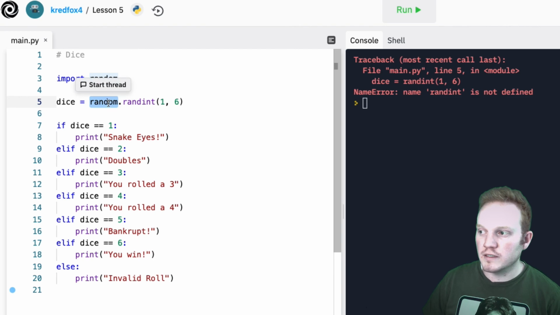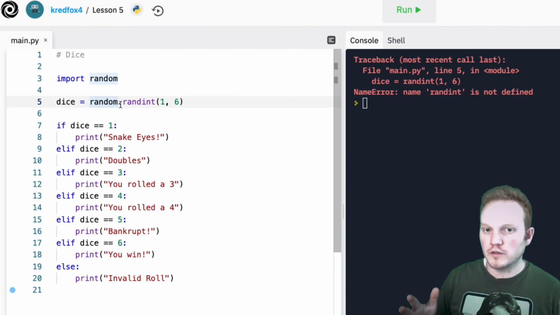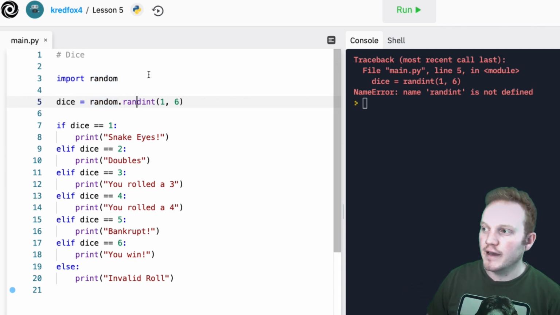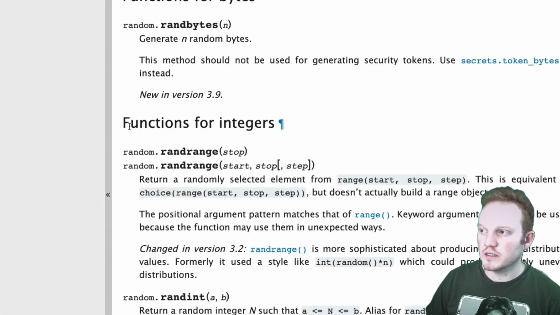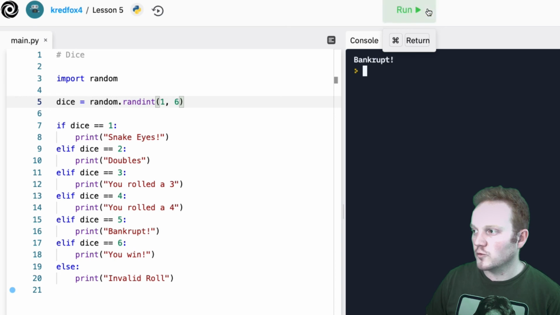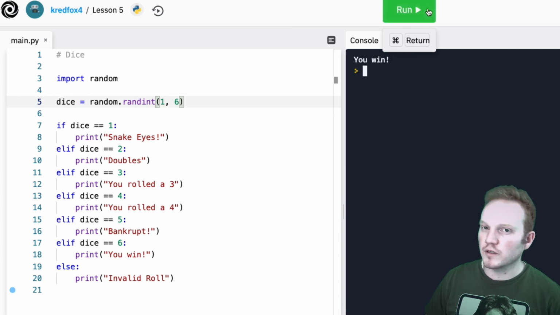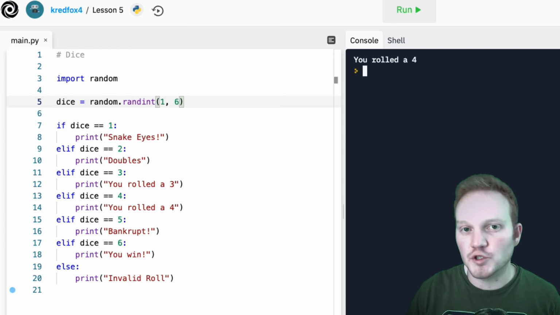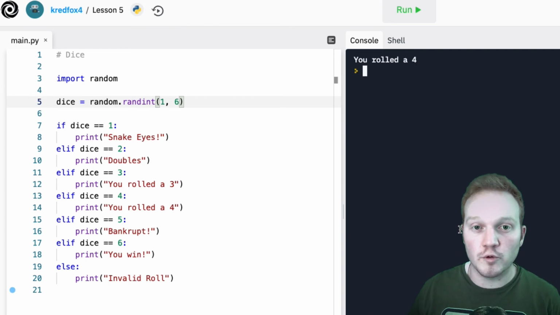So random is kind of like a folder. The dot is like opening that folder, and then I said which function I want to use inside the random library as listed inside of the documentation. Now if I hit run, it says you rolled a 3, bankrupt, you rolled a 4, and every time I hit run, it's giving me a different random number, and this is working great. So you can make this game however you like. You can create rules, you can make another program, you can make as many dice as you would like, but